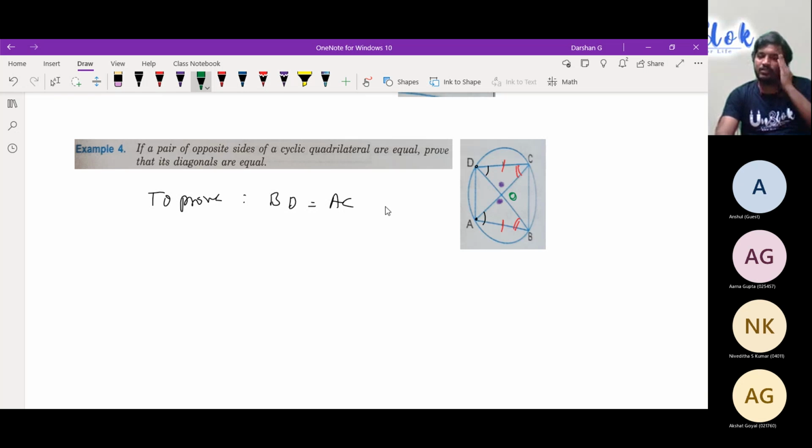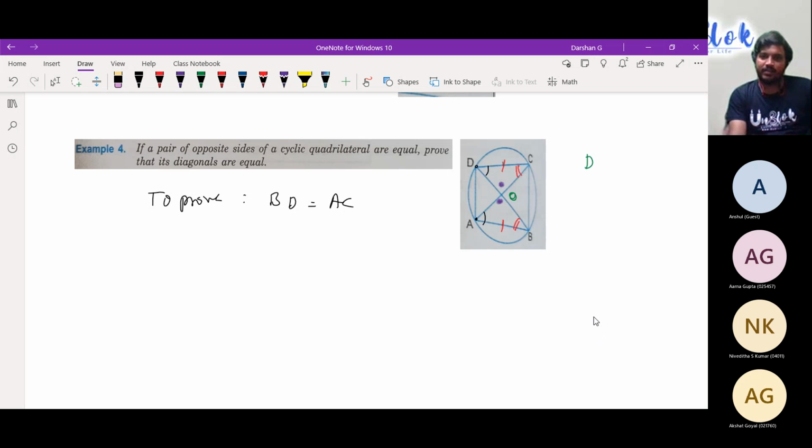So now we understood that by the ASA postulate, these two are congruent. There is no doubt with respect to that. But CPCTC, how will you apply? That's important. What all sides are equal? Can you tell me? Please apply CPCTC. Nivedita, what all sides are equal? So DC and BA, they are equal.